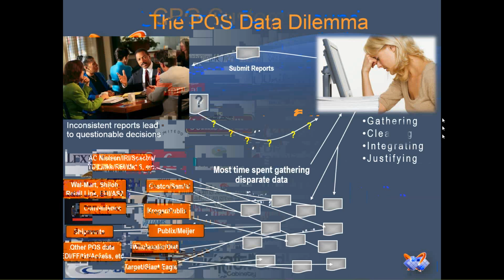Inevitably, there are discrepancies in the reports, and analysts are then stuck spending more time trying to figure out where the numbers came from. So not only is this a very tedious task, but when people's numbers don't match, there's a lack of confidence in the data, and rightfully so. It wastes not only the analyst's time, but also management's time when they're forced to argue over whose data is right, and who could potentially be making a costly